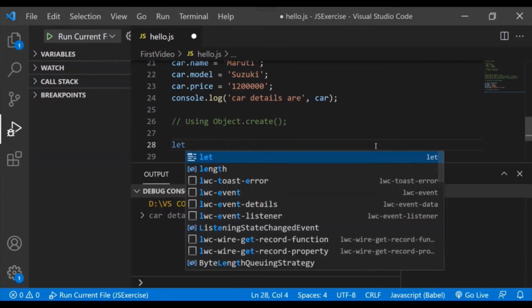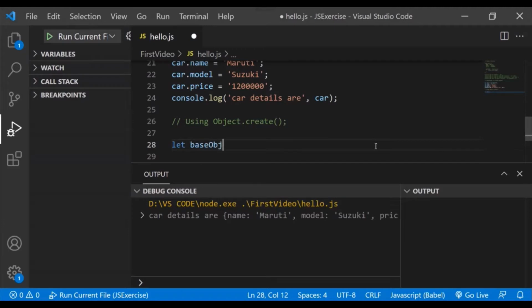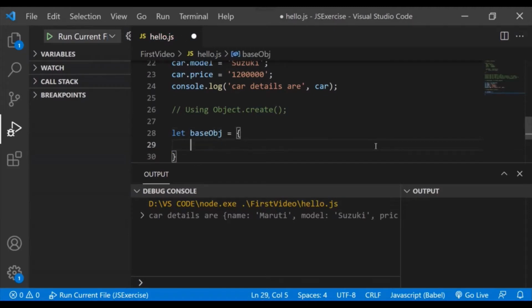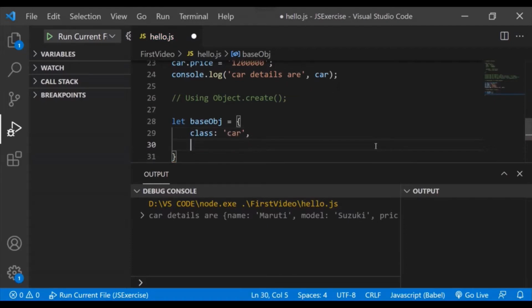Let's say we have an existing object, we'll name it base object, and in that we have, let's say, a class property, we'll make it car. We have one more property, and for cars we have wheels, so we'll add wheels here, and we'll specify 4. Okay, so it's a 4-wheeler car.